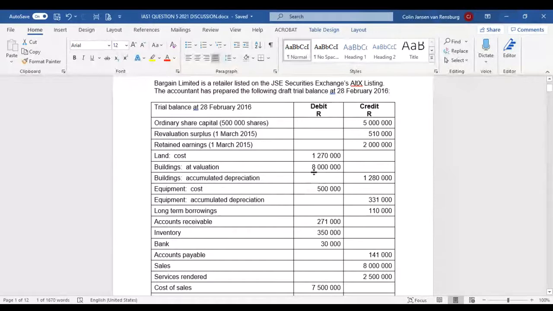So the buildings as it currently stands, ladies and gentlemen, has a cost or a valuation of 8 million, and it has accumulated depreciation of 1,280,000, which means that at the moment the carrying amount of the buildings would be what? If you can grab a calculator, let's check. The buildings, it's 8 million minus 1,280,000. So as it stands, the buildings have a carrying amount of